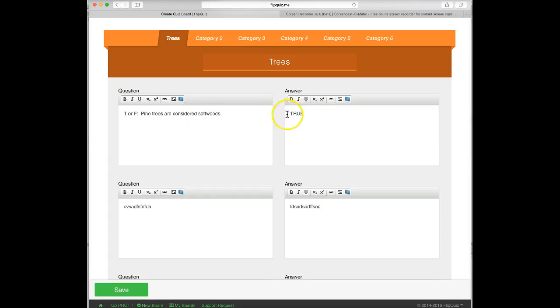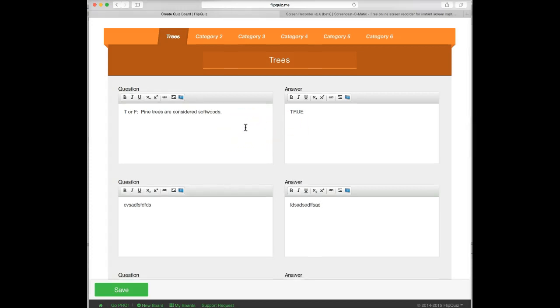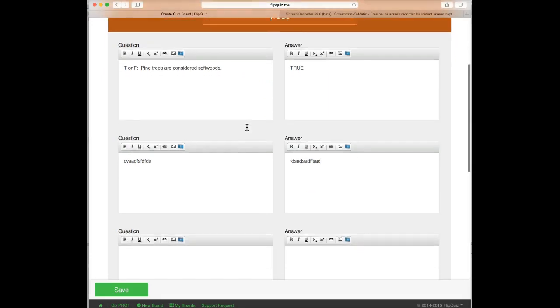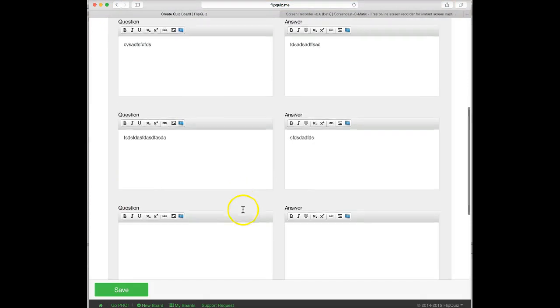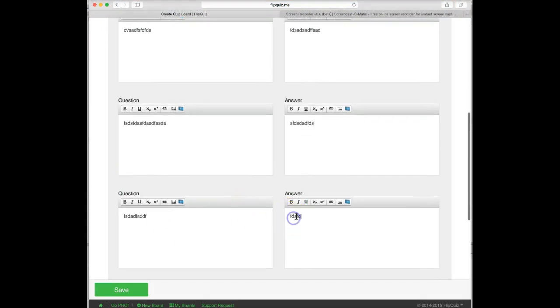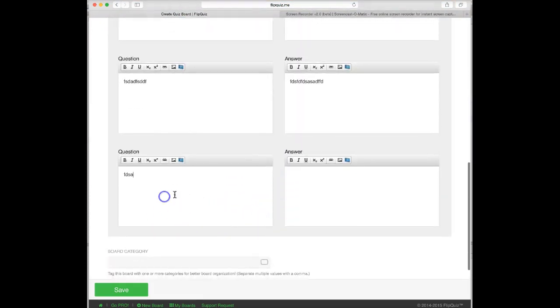If you leave the answer space blank, it won't reveal the answer to them. So whether you want people to raise their hand and answer orally, or write it down on a piece of paper or an index card and submit it, or just use it for later and go through them all one at a time, you can do that. But basically, as long as I have questions and answers in all these particular columns,